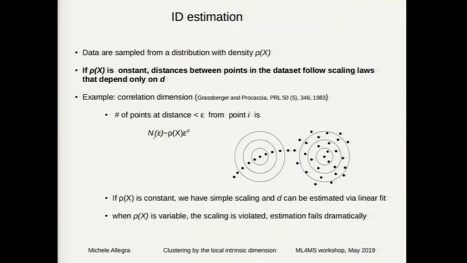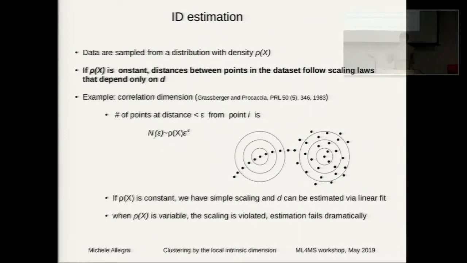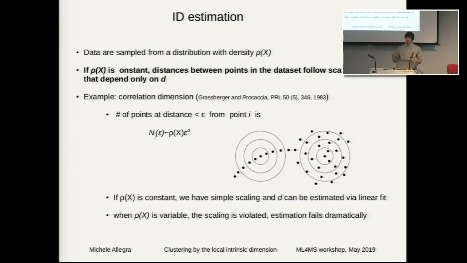The number of points within an epsilon ball scales linearly with the radius of the ball. If they actually lie on a plane, it scales quadratically, and so on. Actually, if the density of points is constant, this scaling law is perfect, and we have a simple way to estimate the intrinsic dimension, which is just considering the distances of the neighbors from each point, take all the distances, and estimate the intrinsic dimension